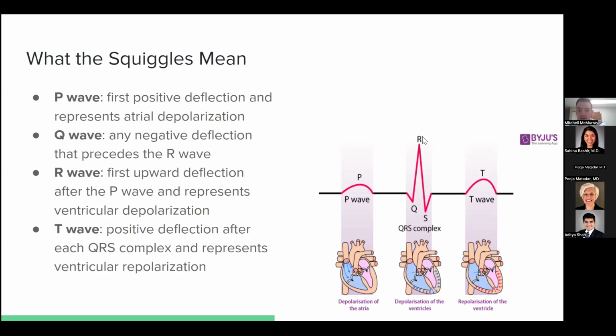And then the next one is the R wave. So that's the positive deflection. This represents ventricular depolarization of the heart. The S complex is the second negative deflection there. And then we get into the T wave, which is the repolarization of the ventricles, and it's usually the positive deflection